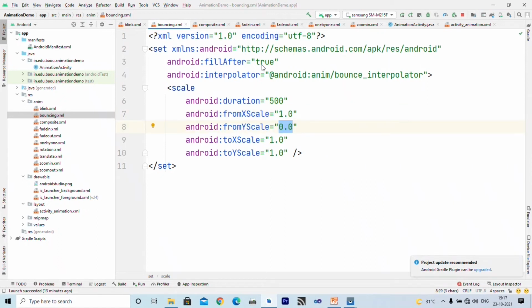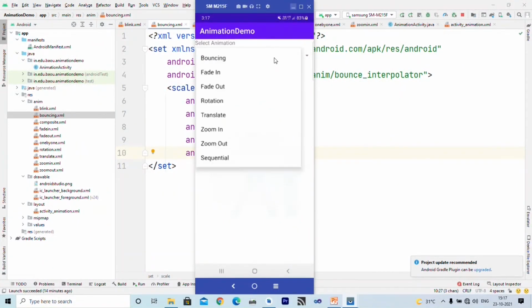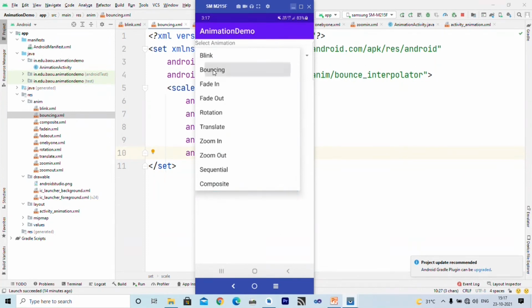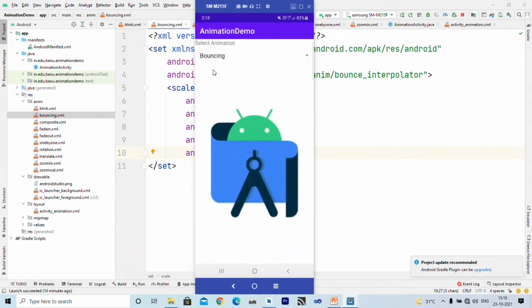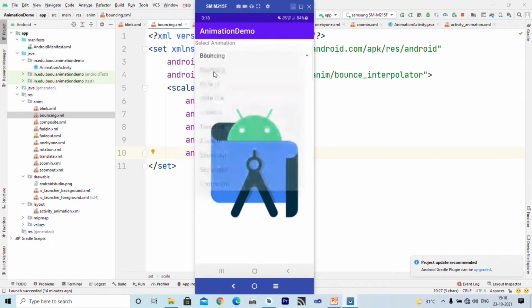Initially height is 0, that means it shows collapsed. And to Y scale is 1, that means in the X direction we don't want to make any changes, but in Y scale or height we want to convert from 0% to 100%. Here you can see that in bouncing the height changes from 0 to 100.